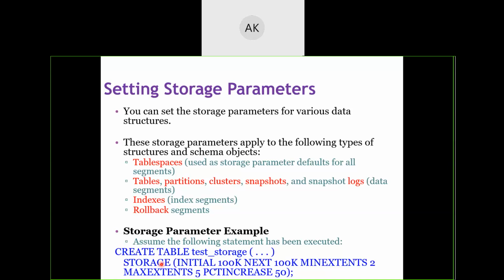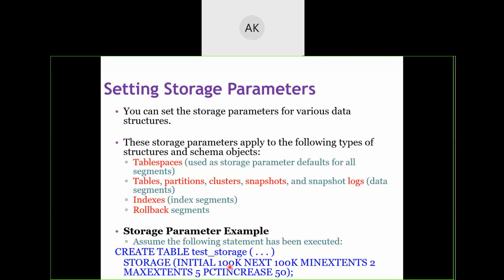I will specify not to use the default storage parameters of Oracle. I'm saying to Oracle, don't use the default parameters. Use what I am specifying. What I am specifying here: initially allocate 100 kilobytes of memory for the table.